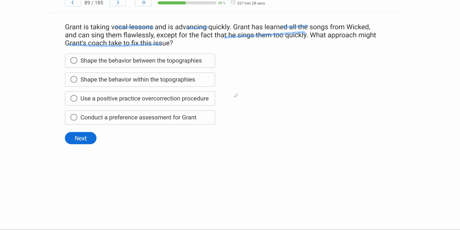We'll just shape within topographies using differential reinforcement. We're looking for the best answer, right? And then D, conduct a preference assessment for Grant. That's not going to fix the issue of singing too quickly. So, really, our only options are shaping within topographies or using positive practice. One's punishment, one isn't. We always are going to start with the one that is not punishment, which is shaping